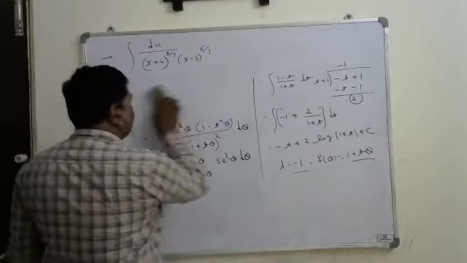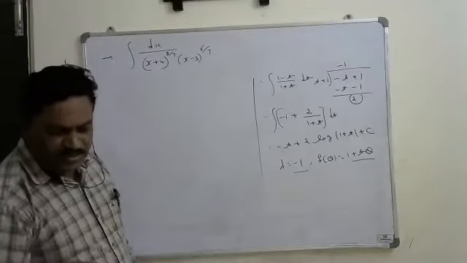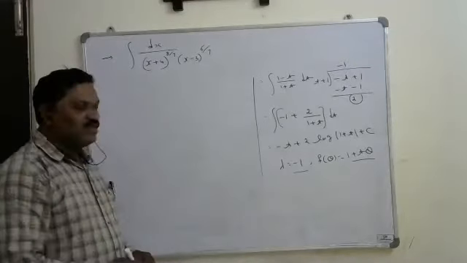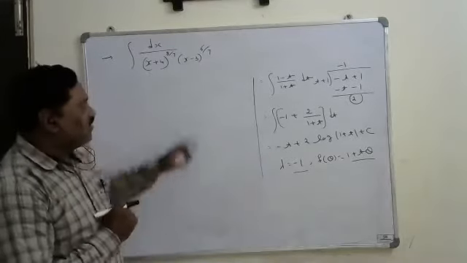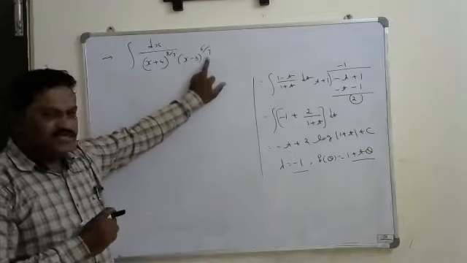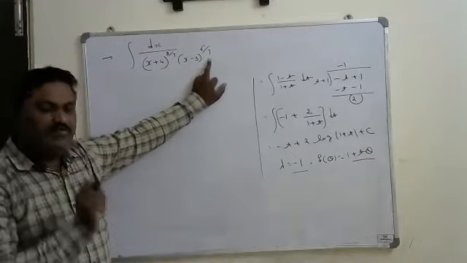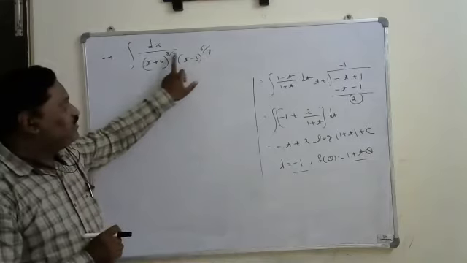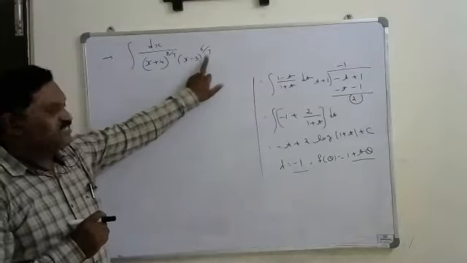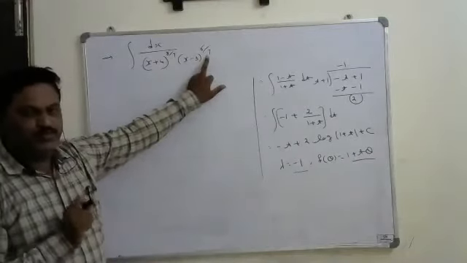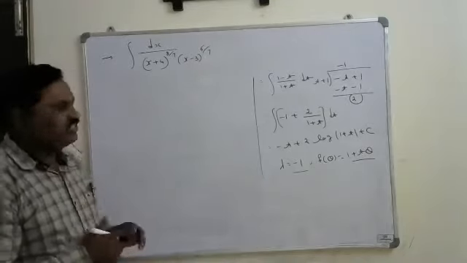Now, look at this model of the problem. How to evaluate this is important for the CET also. Whenever the problem is of this model, if we add these two powers, we always get an integer. If you get an integer, only then can you solve such problems. 8 by 7 plus 6 by 7 is 14 by 7, which is 2, an integer. Like that, only then can you solve such problems.